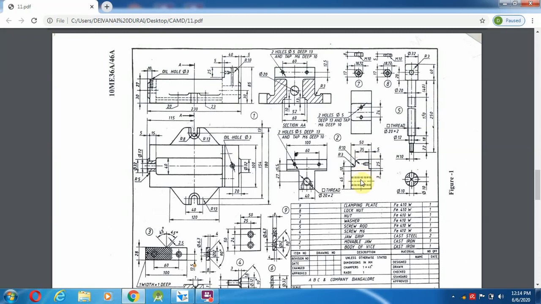So over here they have given the front view, and the right side view, and the left side view over here. Okay, so the right side view is provided here, and there is one more view they provided, that is the bottom view over here. Why they provided the bottom view is to view the bottom holes, the threaded holes, so they are given here as a bottom view. That is the point you have to remember over here.